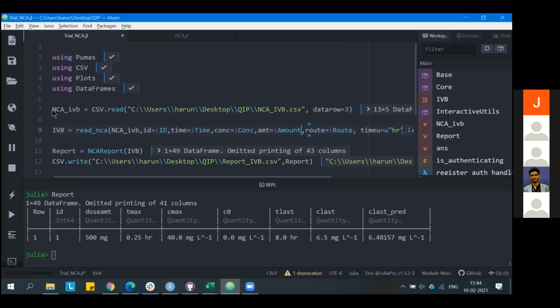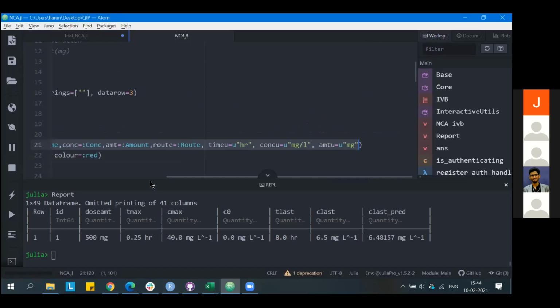So if you guys are comfortable with these steps, this is literally all it takes to perform an NCA analysis. Just 4 steps: importing the data set, parsing the data set using read NCA, performing the report using NCA report, and exporting the report. There are other things, I'll just show it here.